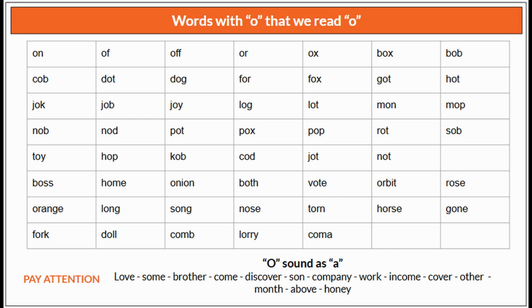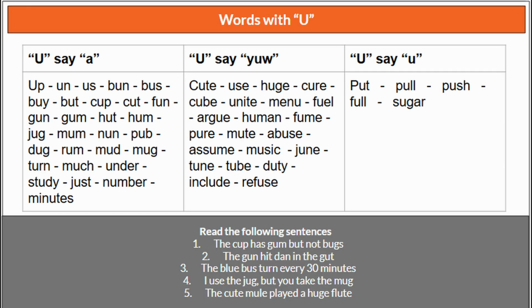Words with U. Number one, U here we say A. For example, a lot of words, when U is followed by only one consonant, we read it as A. Up, an, as, ban, bus, by, but, cup, cut, fan, gun, gum, hat, ham, jug, mum, nan, pub, dug, rum, mud, mug, tan, much, under, study, just, number,